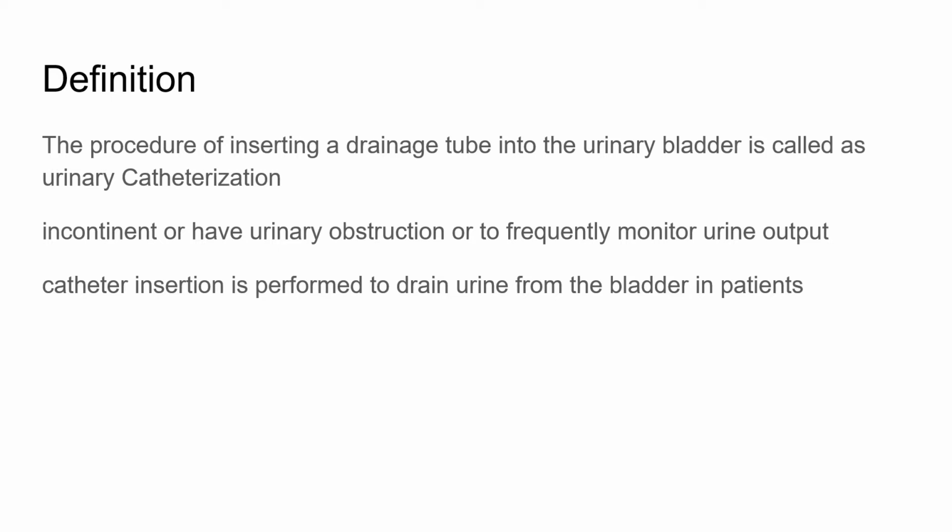And the third one is to frequently monitor the urine output as a proxy for renal function. If the patient is not giving proper output and the input and output cannot be maintained properly, in such a condition the input and output can be maintained by inserting a catheter and measuring how much urine has passed and how much fluid has been taken in. So this is a proxy for the renal function.